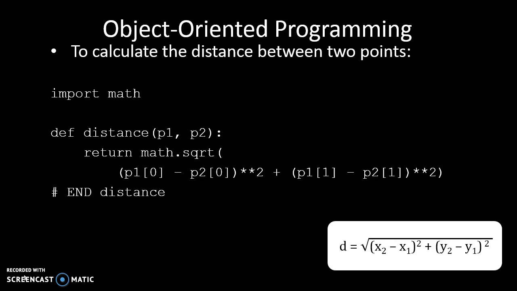So if we want to calculate the distance between any 2 points, it's the usual method we use, the one we've looked at before. It's the square root of the difference between the x coordinates squared plus the difference between the y coordinates squared. So let's say between the point 1, 1 and 2, 1, the x is 2 minus 1, which is 1 squared, is 1, plus the y is 1 minus 1 is 0, 0 squared is 0. So it's the square root of 1 plus 0, which is the square root of 1. Therefore, it's 1. So the distance between point 2, 1 and 1, 1 is 1,